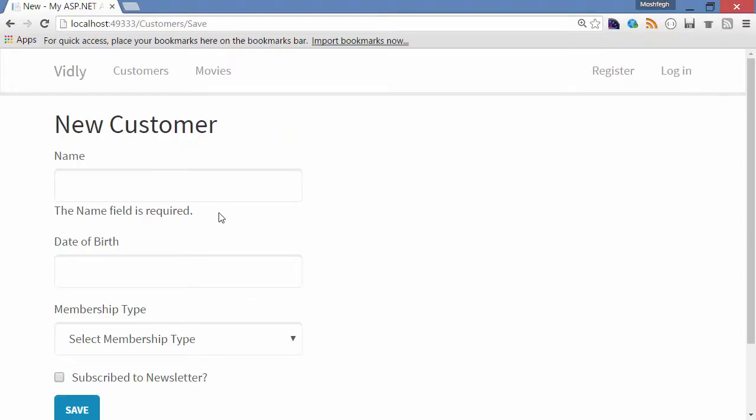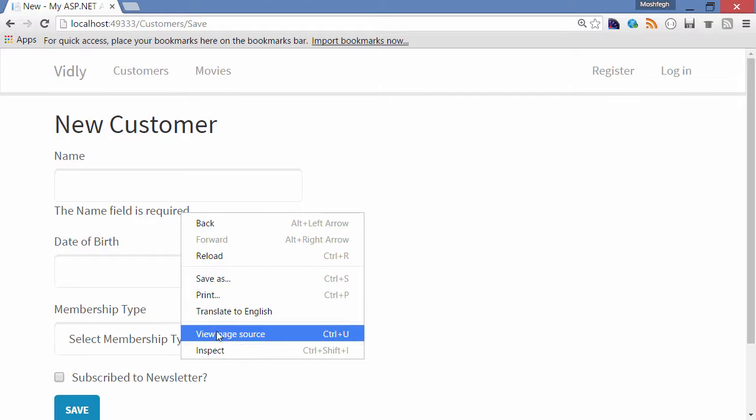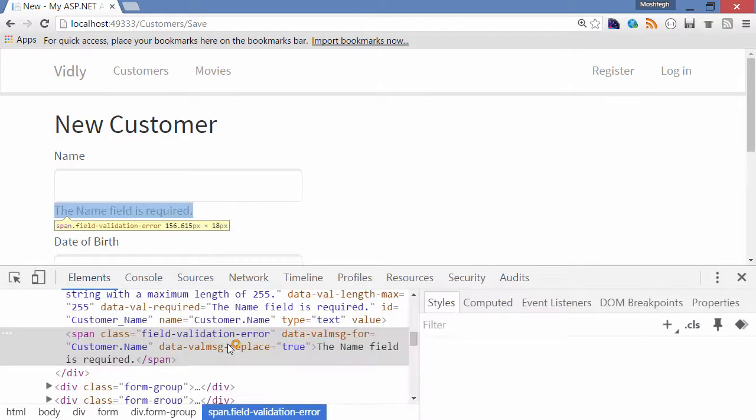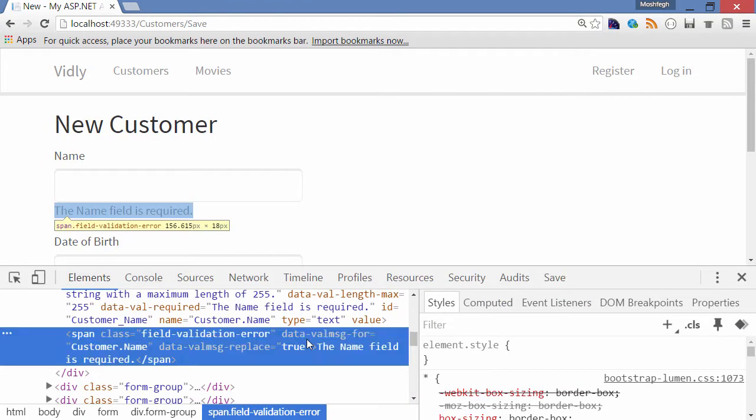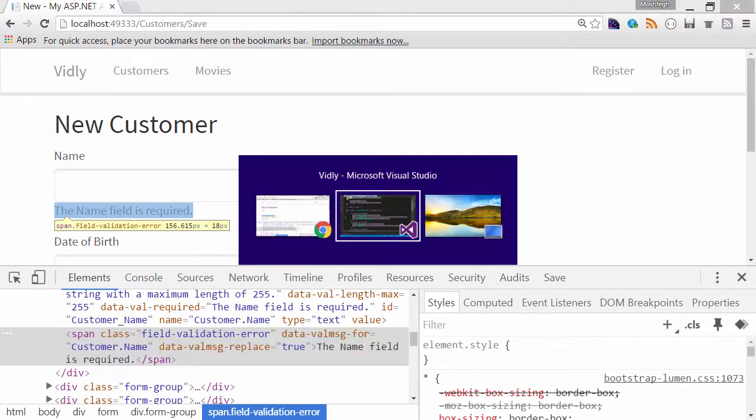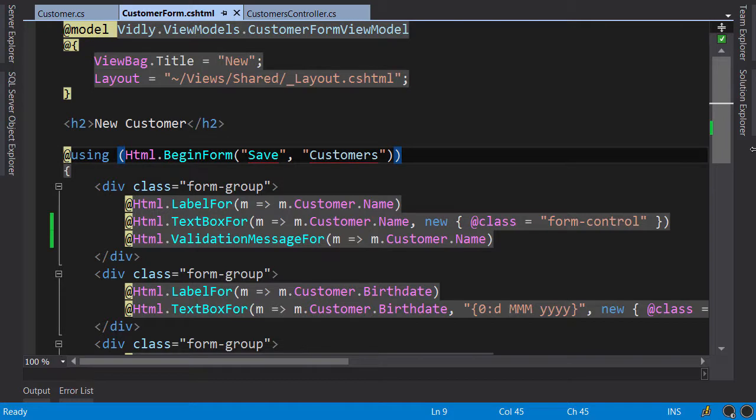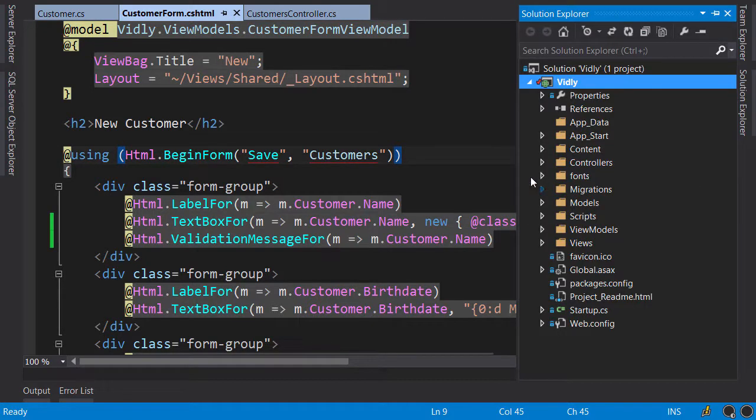All right, now right click on the error message, inspect. So here we have a span with class field-validation-error. So to make this error message red, we need to define this class and apply a style to it in our style sheet. Back to Visual Studio, go to Solution Explorer, Content,